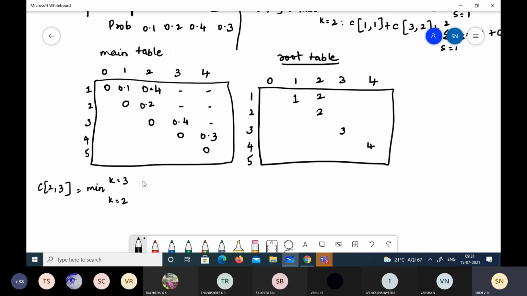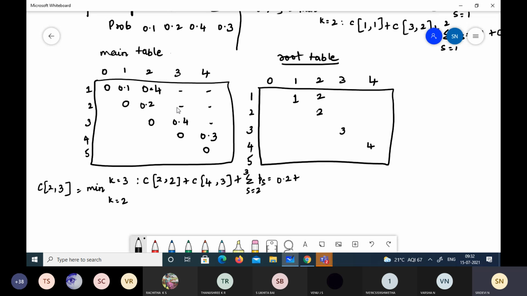Now, next what should I do? I should find C of i comma k minus 1, 3 minus 1 is 2, plus C of k plus 1, 3 plus 1 is 4, comma j. What is j? 3. Plus the sum of probabilities, s from 2 to 3. So C of 2 comma 2 is 0.2, plus C of 4 comma 3.